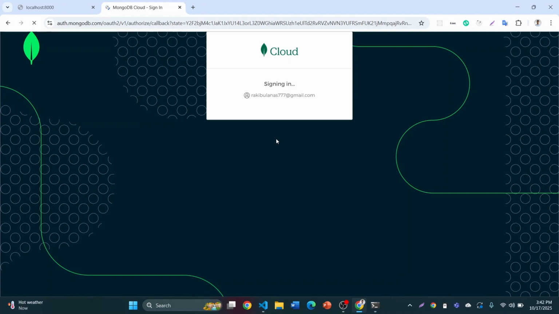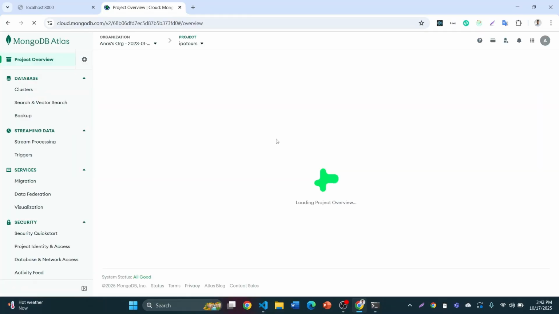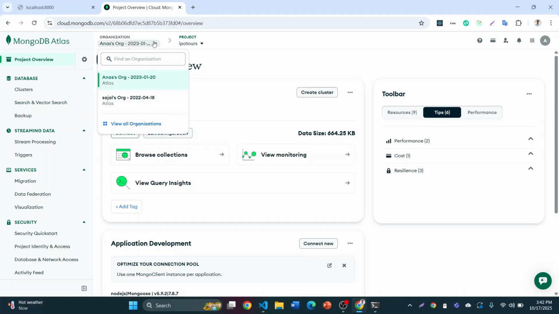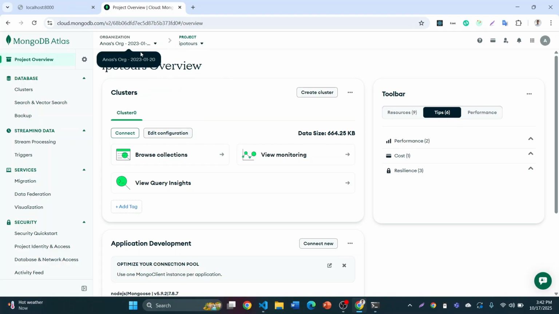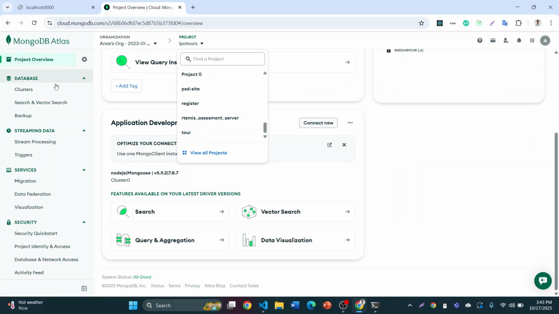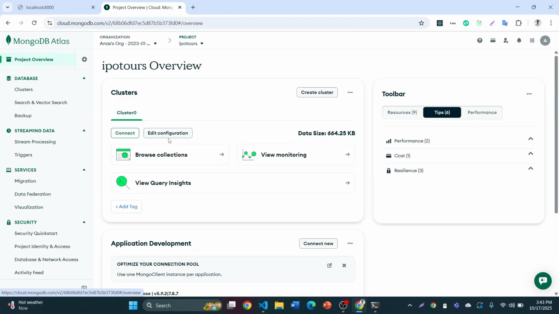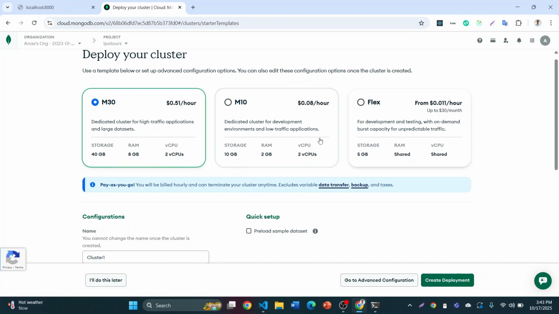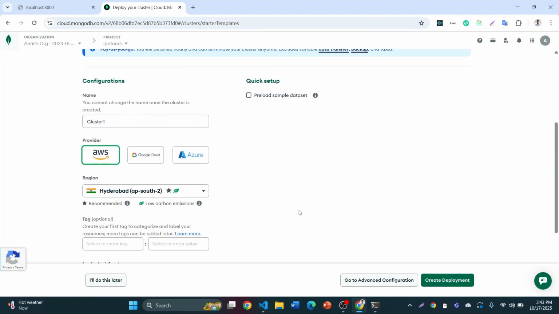It's taking time for signing in. Okay. After you sign in, this option will come. For that you need to just create a new project. So you go there and create a new project here for creating a cluster. So we need to create a new cluster. So let's use free, maybe free or